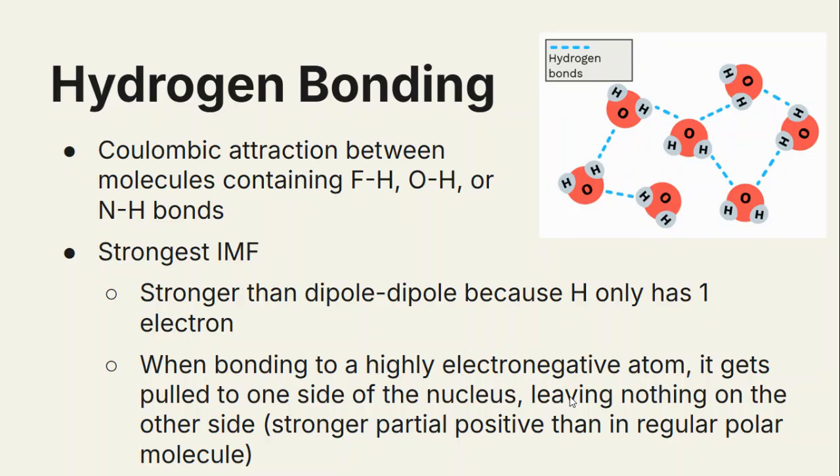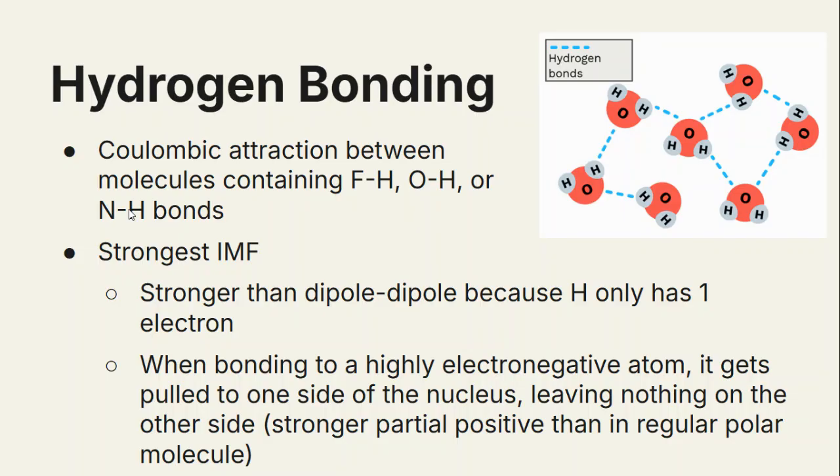So a hydrogen bond is the Coulombic attraction found between molecules containing a fluorine-hydrogen, oxygen-hydrogen, or nitrogen-hydrogen bond. So if you see any of these bonds, when you draw out a Lewis diagram or you look at a formula, that molecule, any one of those bonds, it doesn't have to be all three, is able to form hydrogen bonds with itself,